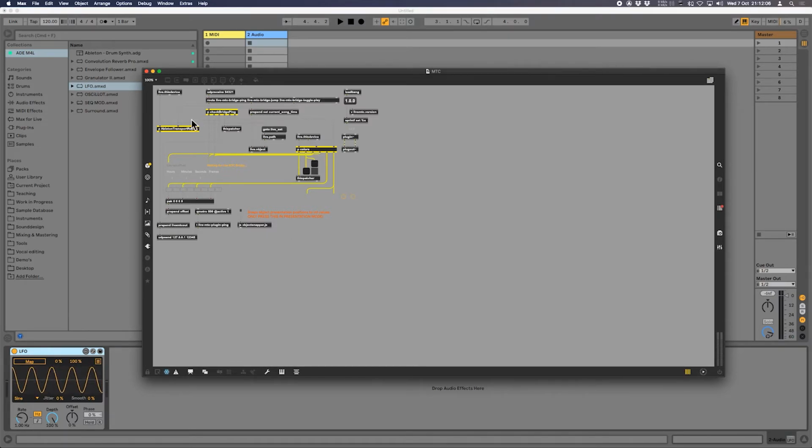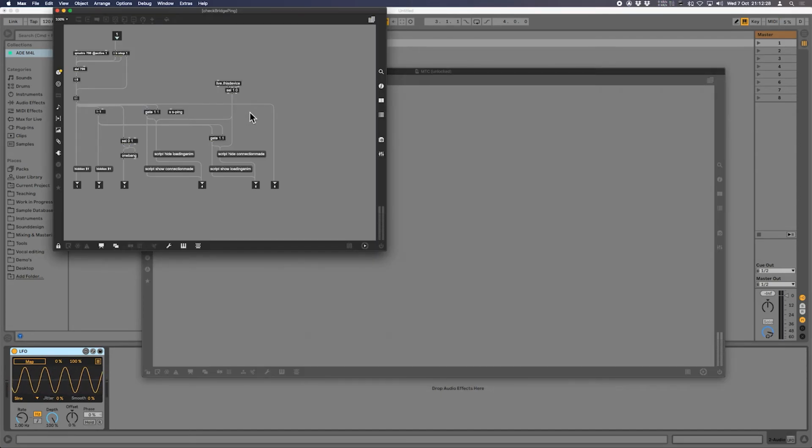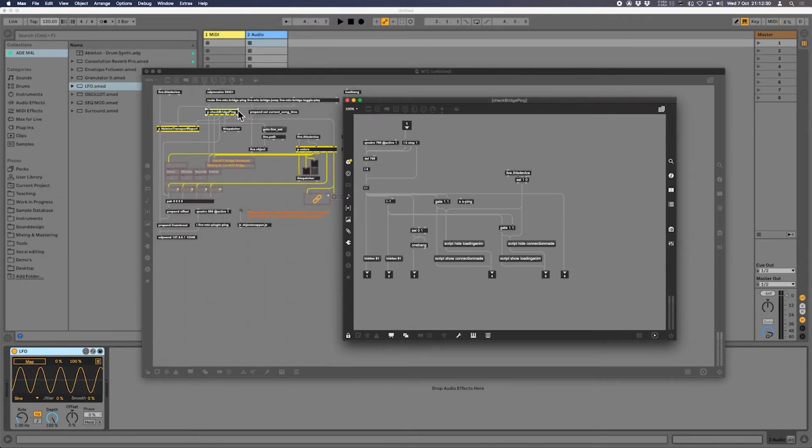So all the yellow lines are mostly colors, except for the yellow objects. Those are patchers. But let me explain what that means. This is a patcher. We're looking at one right now, but you can put patchers in patchers, kind of like you can put channels in groups and groups in groups in Ableton Live. So if we double click holding down Command on this thing, I can open up this patcher. So this little object right here is actually all this,